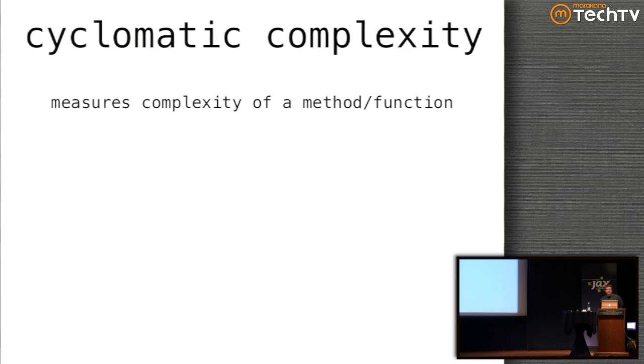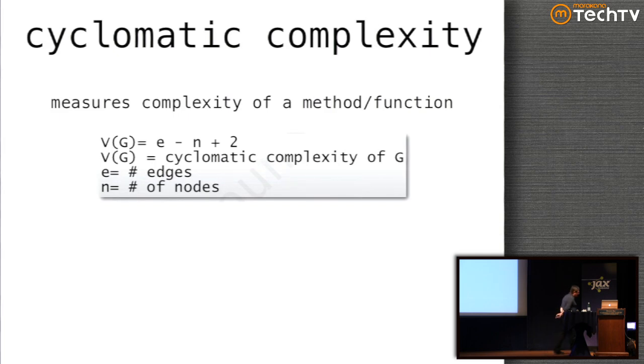This is a metric that's been around for a really long time. It's been around since the 70s in the C world. The idea behind cyclomatic complexity is it assigns a numeric value to the complexity of a function or method. Here's the formula. Thomas McCabe is the one who created this metric. It is edges minus nodes plus 2, where nodes are lines of code and edges are possible paths through the code.